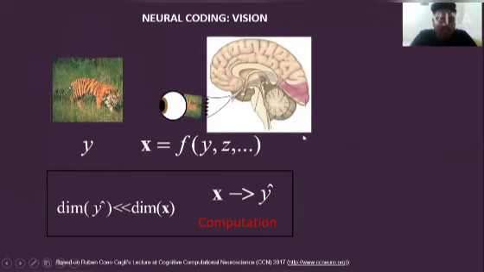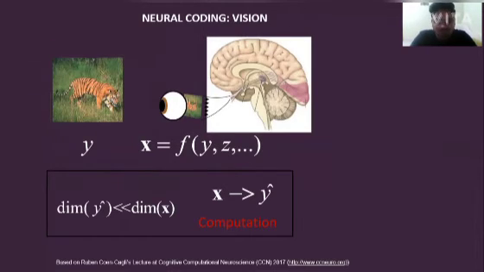One thing is that the sensory stimulation, the activity in the retina for example, which is produced by this state of the world, is very high dimensional. And one of the key aspects of computation that takes place in the brain is the reduction of dimensionality. Here the dimensionality of X is very low in comparison to the dimensionality of Y. So we have a very high dimensional signal, and we want to extract a low dimensional variable that represents what we care about, that is behaviorally important and relevant in terms of the state of the world.